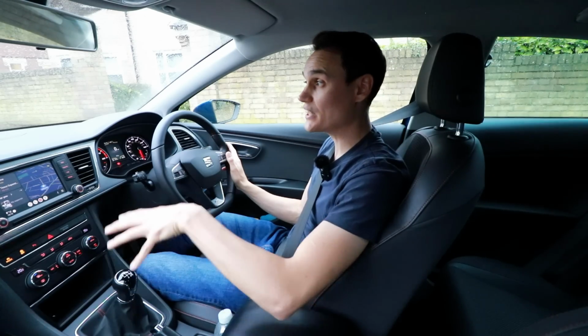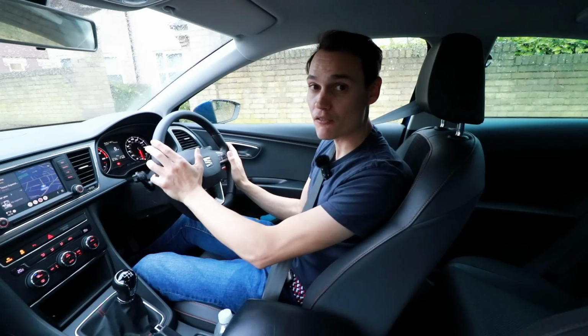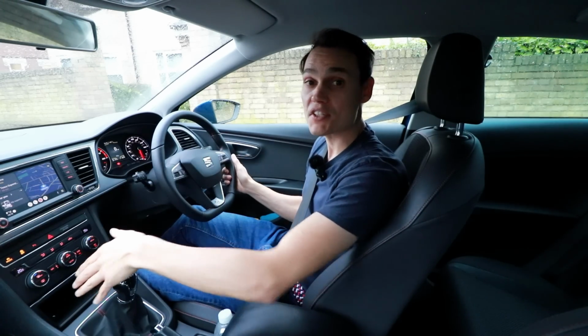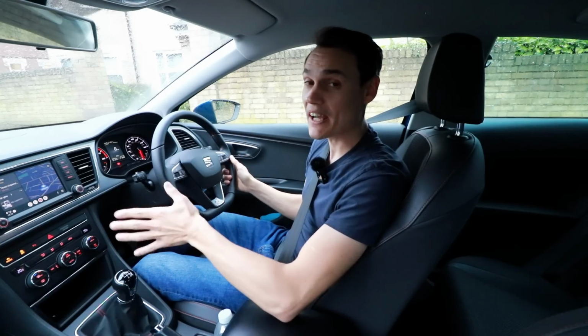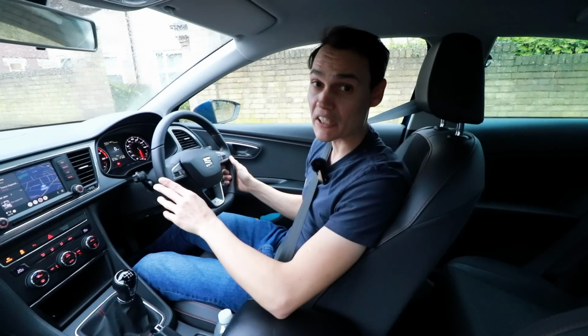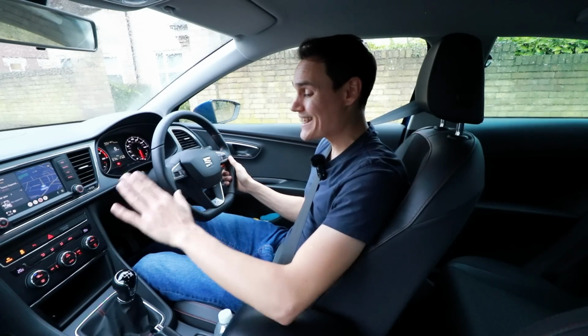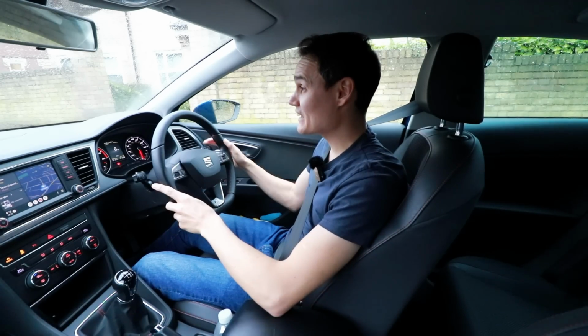If you're in second and need third, don't worry, just go a little bit faster in second, it will be fine. The same if you're in first and need second. You can accelerate a little bit more, so long as you don't run out of revs, which is unlikely for normal urban driving. In fact, you could say gears are your fourth priority, because if it's raining like it is